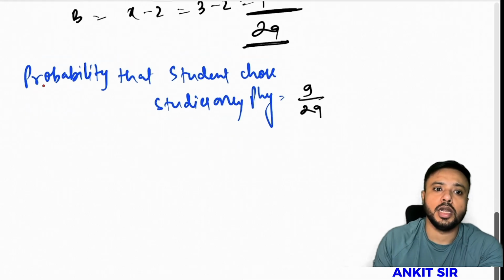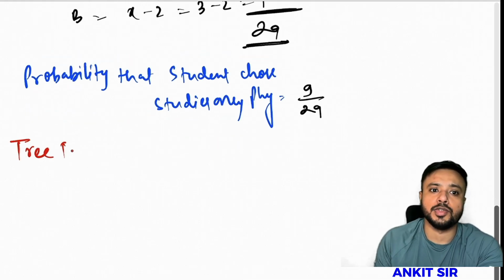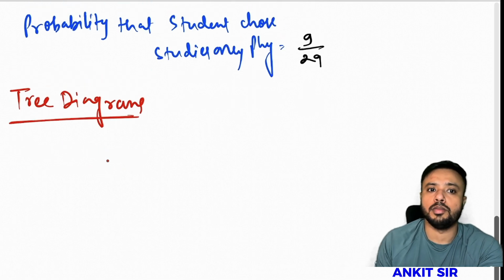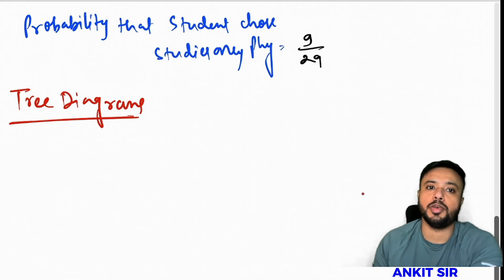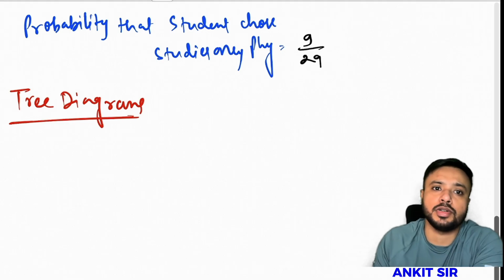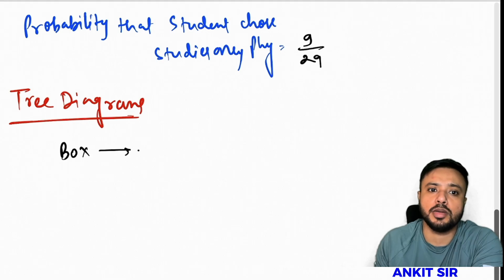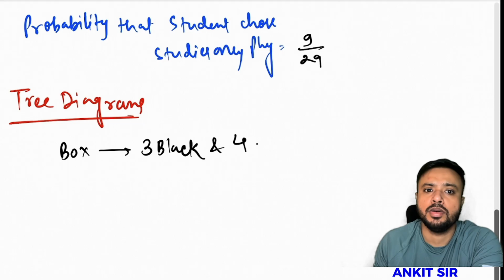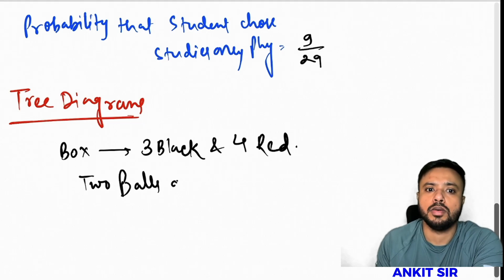So now let's understand tree diagrams, which is the most important topic of this particular chapter, which is probability. To understand this tree diagram, basically you need to understand, let's say we have a box, and inside the box we have 3 black and 4 red balls, and we are picking 2 balls one after the